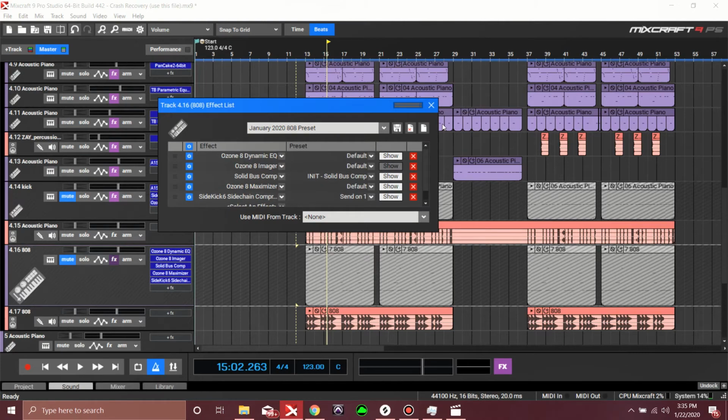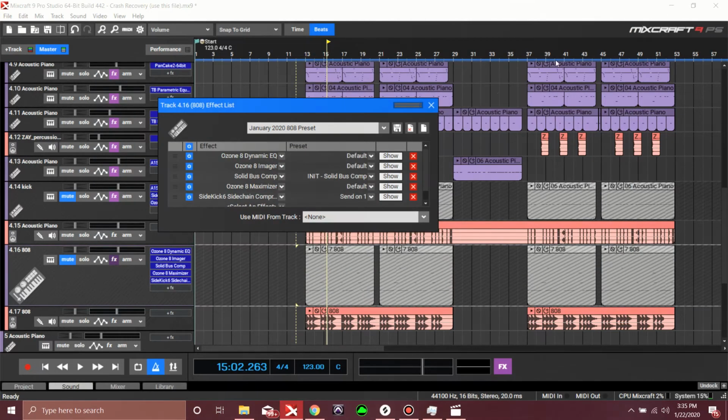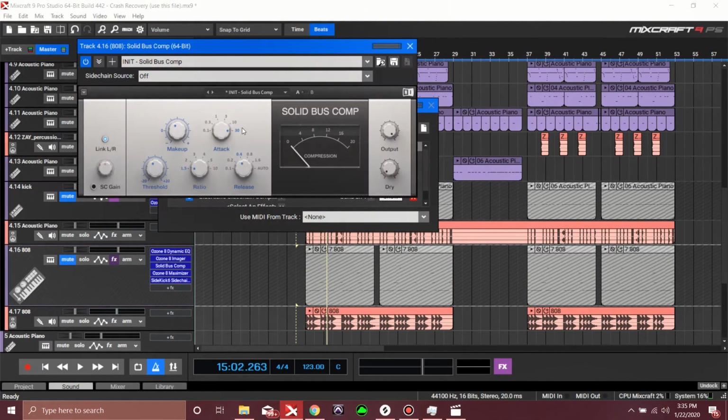And then from there, I actually monoed this one out via Imager, Ozone Imager. That way I could get a more exact frequency at which I was monoing, and everything below 169 hertz I monoed out. And I'm using solid bus comp for my compression,